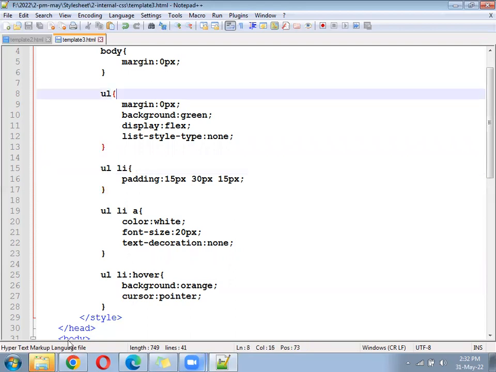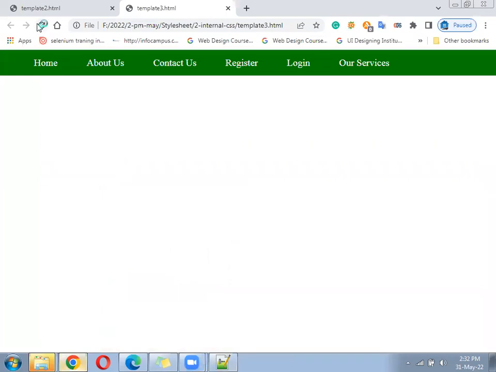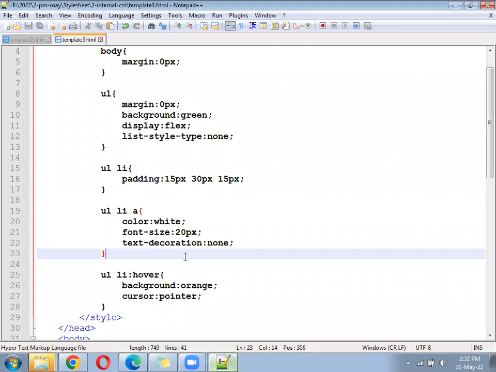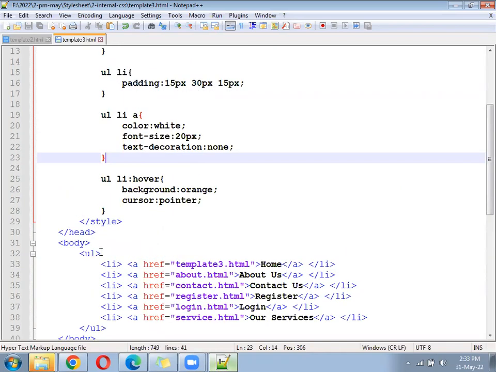Hope working. Go ahead then. Okay, now after this, if navigation is ready, if you click on home, it should remain on the same page.